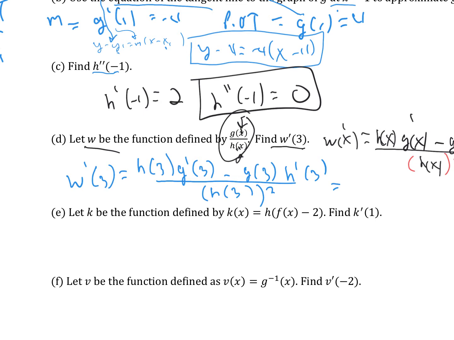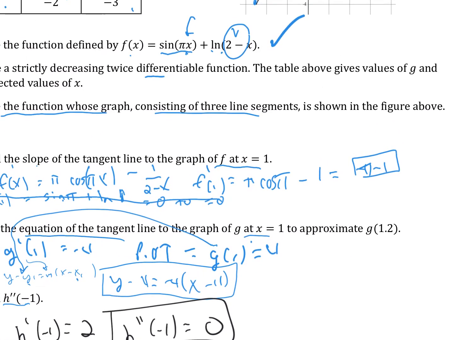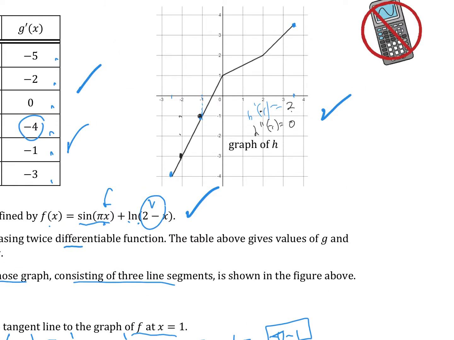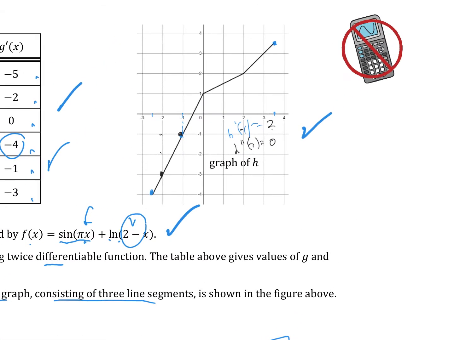Now this could take us a while because we didn't use 3 for A, B, or C. We only used 1. So I've got to go to h. h came from the graph. So I go to h of 3. And while I'm up here, since I know I'm going to use h of 3 and h prime of 3, maybe I'll just write it out up here in my scratch work. h of 3